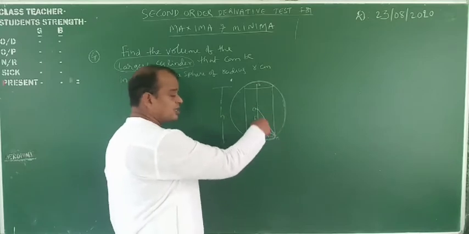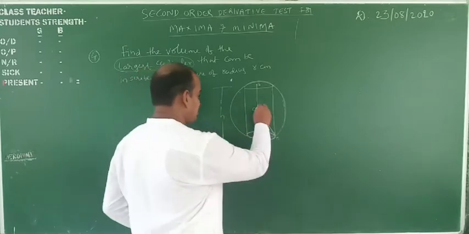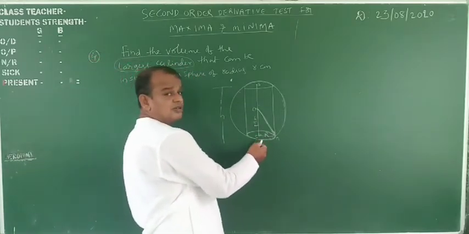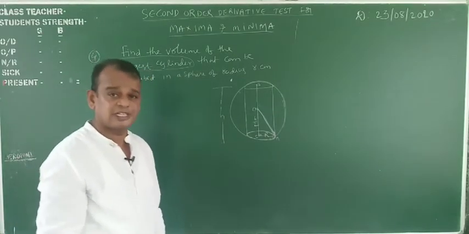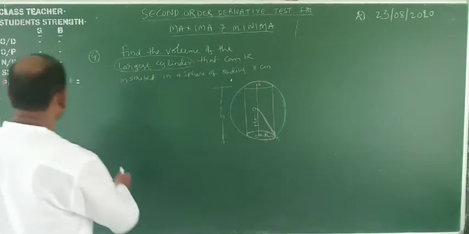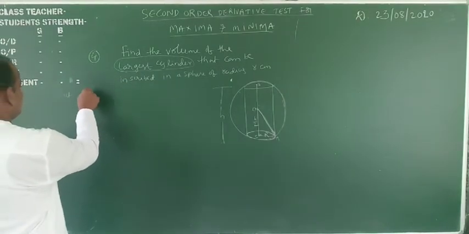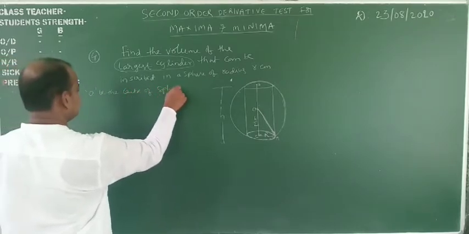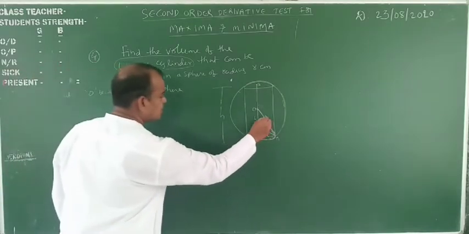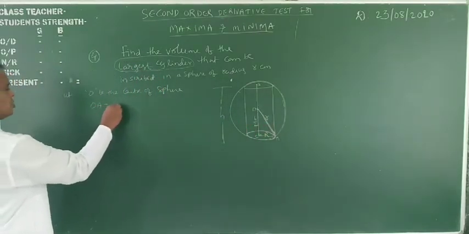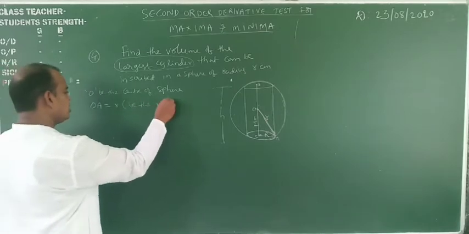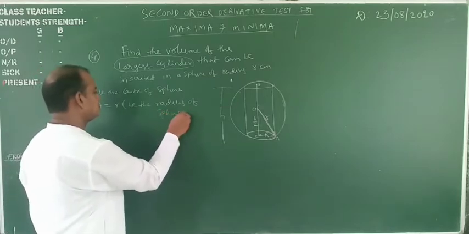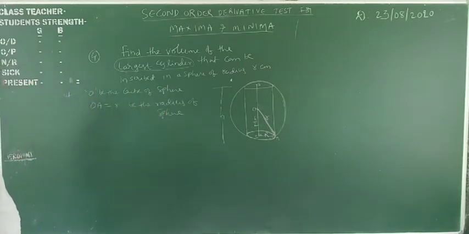This is the right angle triangle, by using Pythagoras theorem. Now you can find the value of OA. Okay, my dear students. Now here the variable is the radius. What is the volume? Pi r square h. Okay. Now let O be the center of the sphere. Therefore OA is equal to, what is this one? OA is equal to small r, be the radius of the sphere. Radius of the sphere. Okay, my dear students.